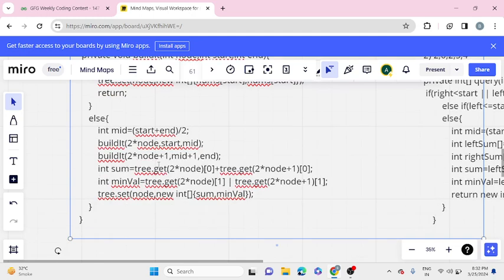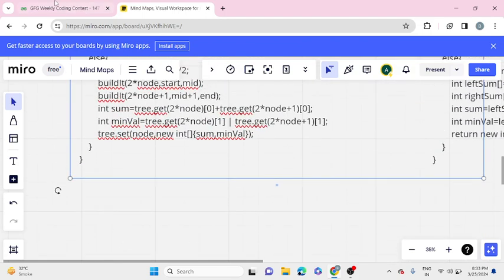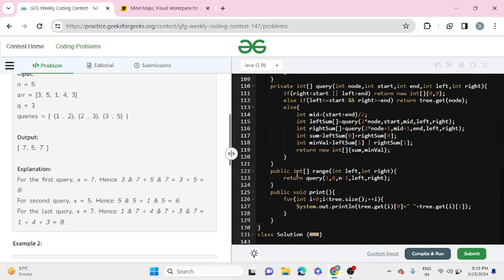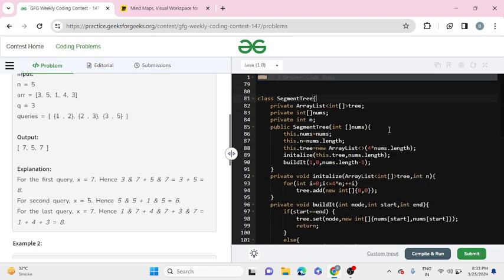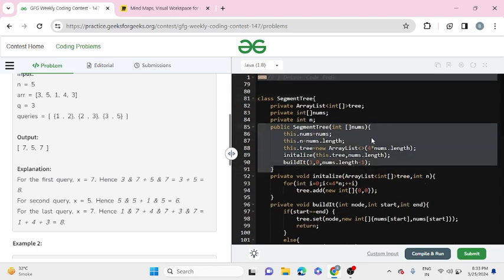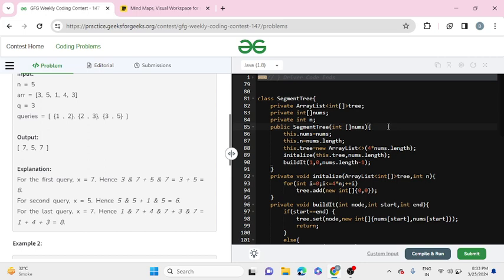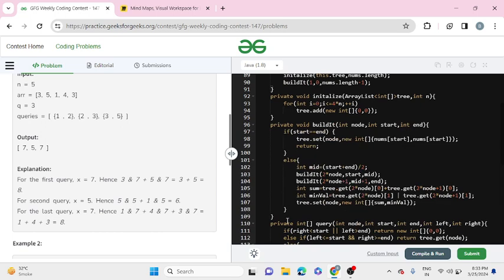So this will be building a tree and querying on the tree to find out the minimum value that we need to do an AND operation to get a maximum sum. So let's go to our code. So we are initializing a segment tree which we are passing an ARR. As I've shown previously, this initializes all our required parameters that we need, and then we are building our tree. And this code builds our tree,